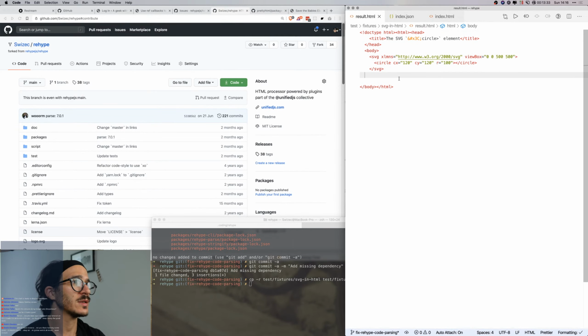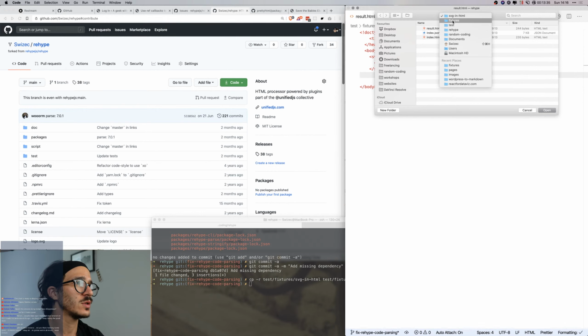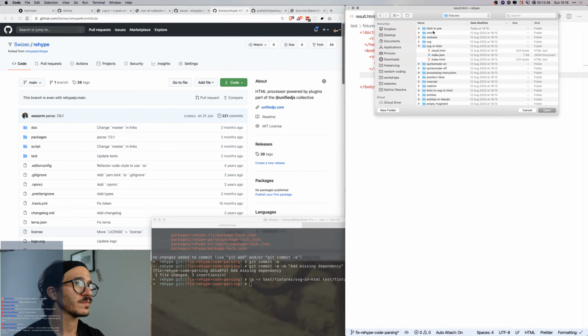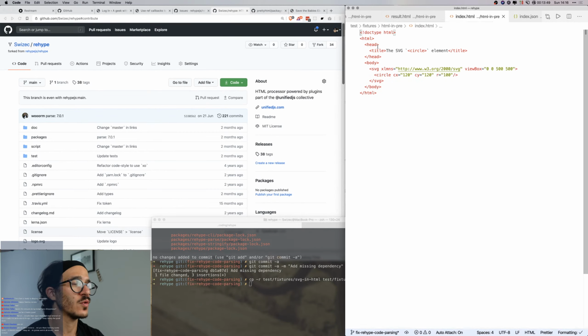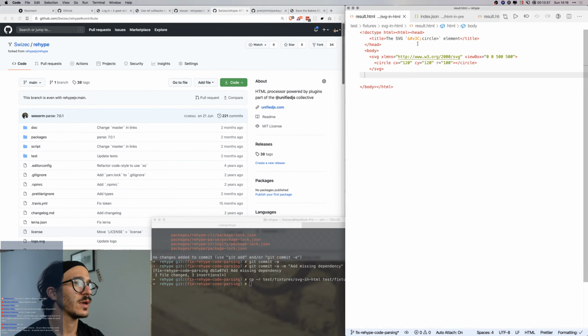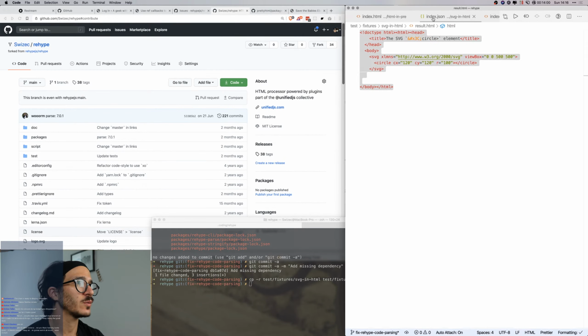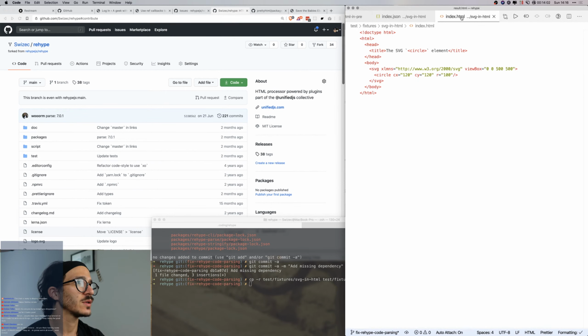Then we open that stuff and try to reproduce the problem. I think what we're going to do is manually make this work. So I'm going to start with the result HTML, index HTML for HTML in pre, right? Is that the one? Result, yeah, okay. So I'm going to take this stuff, and go into index HTML.